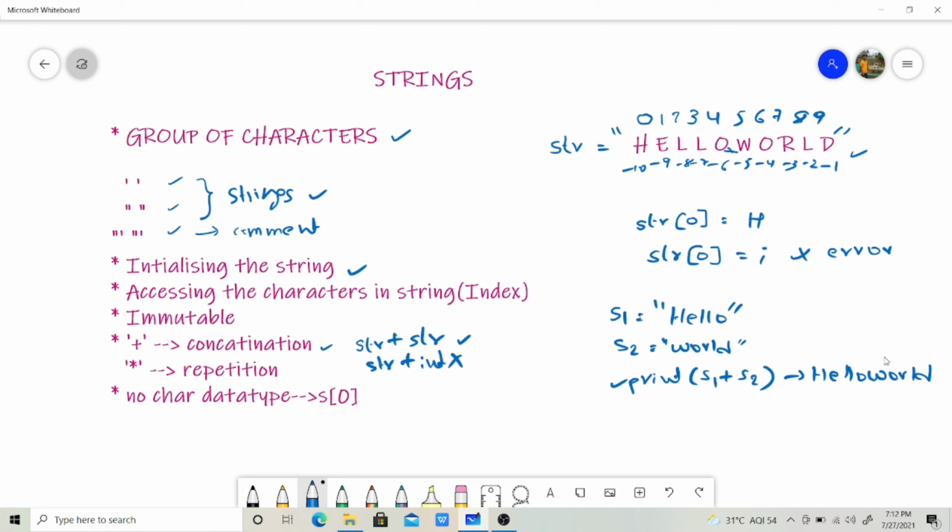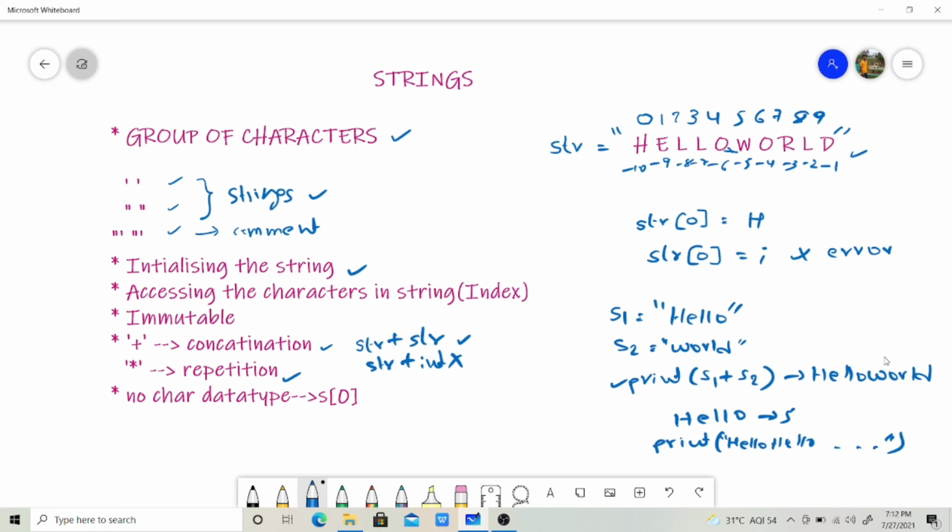Now star is used for repetition of a string. For example, if you want to print hello 5 times, we would write print hello hello hello like this 5 times. Instead of writing it so many times, we can use the star operator.